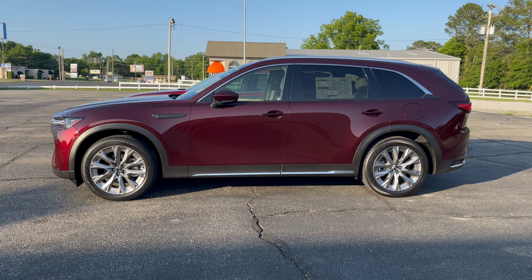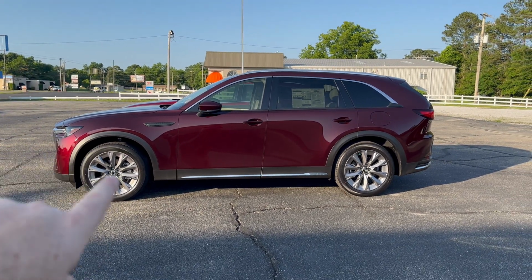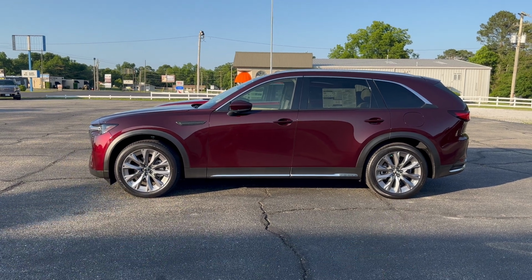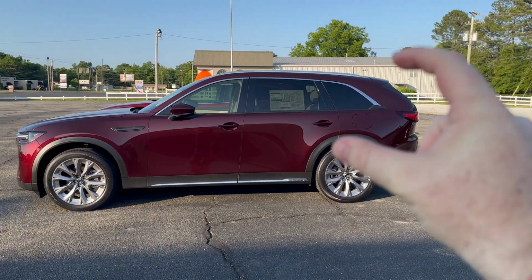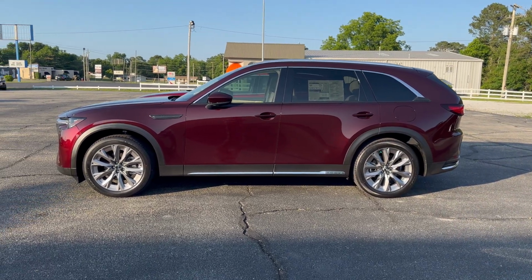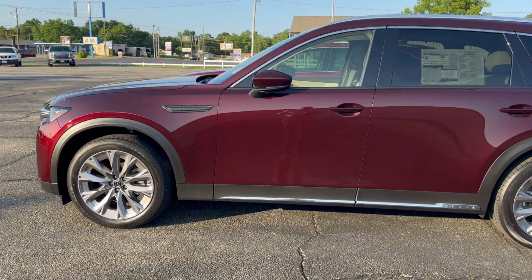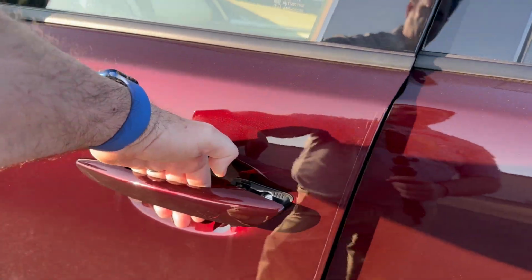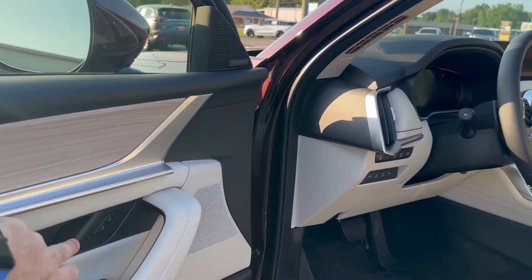The length is about the same, within an inch or so of the CX-9, but you can see how they push these wheels up for a little bit longer wheelbase, and really beefy looking on the back compared to the CX-9. We'll talk about that in just a minute. This one, of course, as you can see, has the updated advanced keyless entry, so you can just touch and